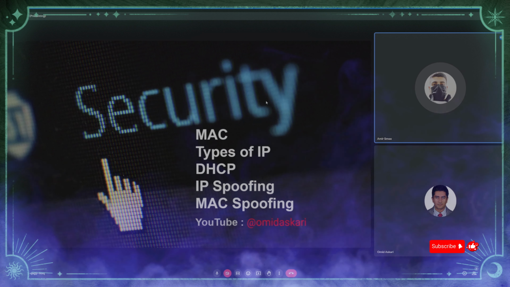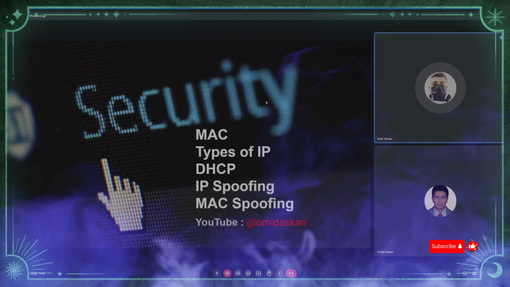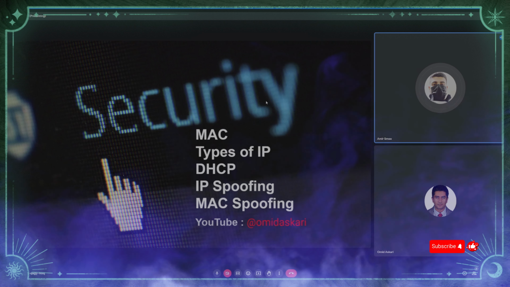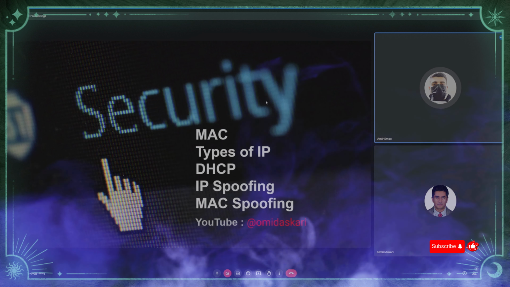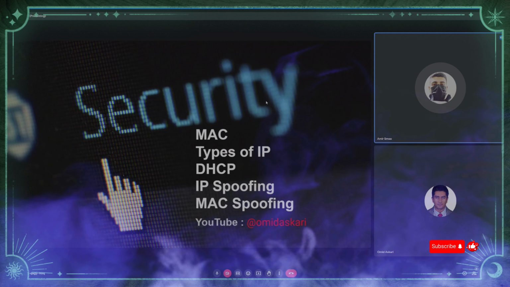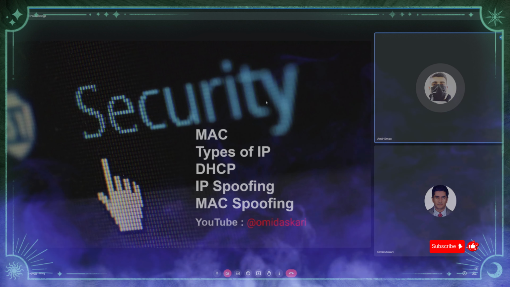Okay, MAC spoofing means that the attacker uses another MAC address that exists in the network. For example, there is a computer in a specific network with a specific IP and a specific MAC address, and the attacker